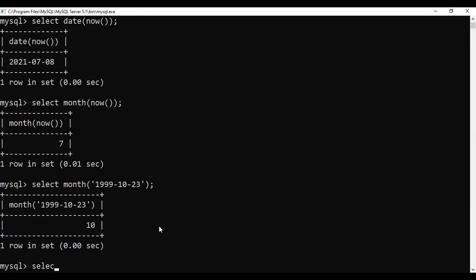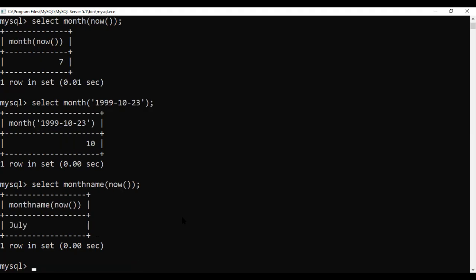Next function is select monthname. From the name itself you can identify, it will return the name of the month. So when I say monthname of now, what is the month name of today? It is July.